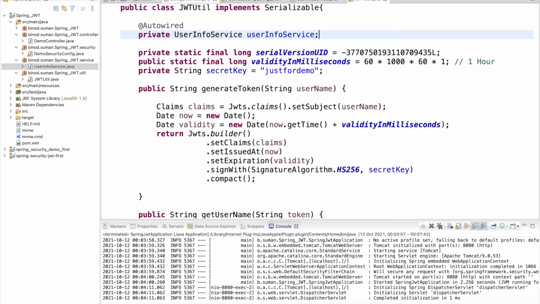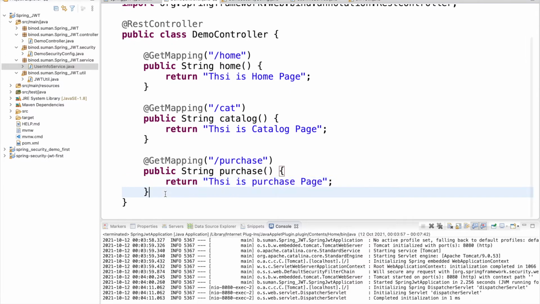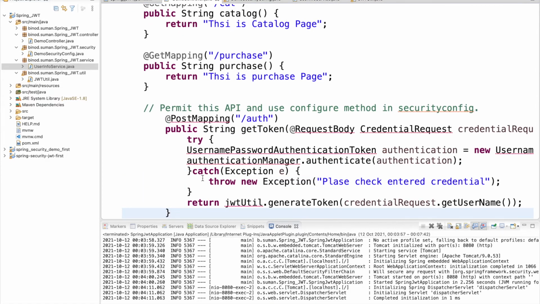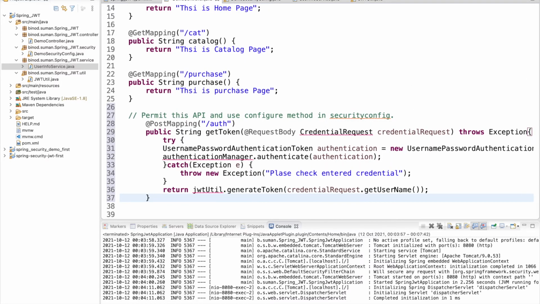After doing that, if you go to the controller class, we will create one authenticate method, and its job is to generate the token. So come here, I will make one API whose name is auth, and I will get the username and password, right? And use the request body. So if you see the username and password, I am taking one POJO. I will make this POJO.